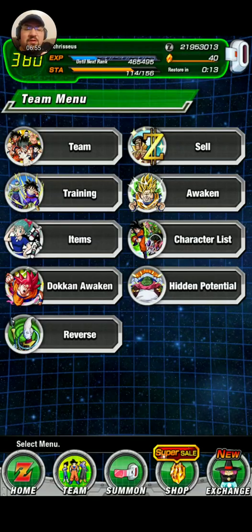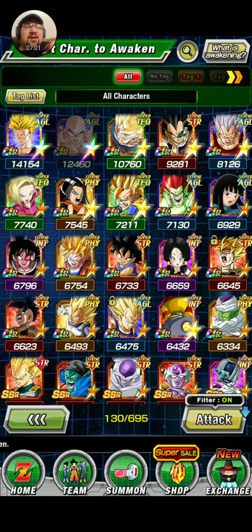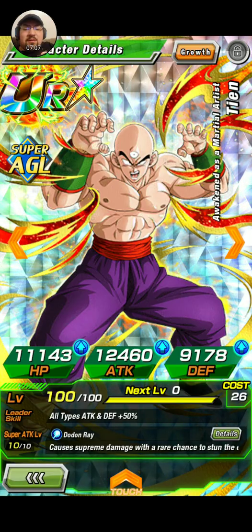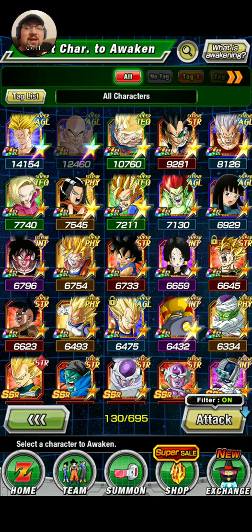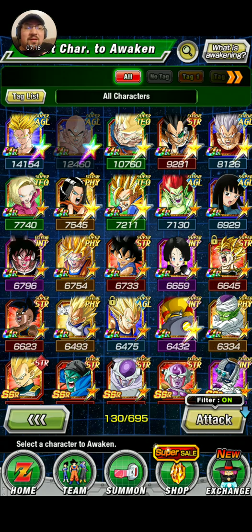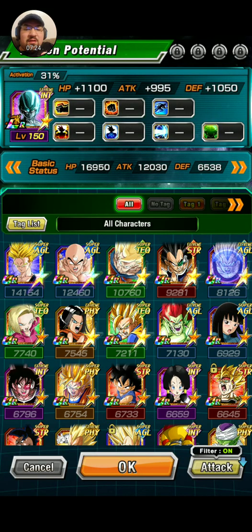He's a really strong unit, by the way. So here's all the characters. I'm keeping him down because the free-to-play Tien you get, you can actually farm him to farm this dude's super attack level up. And I'm also keeping him down so that when I do more world tournaments and get more of his cards, I can go ahead and slap him in the hidden potential spot for him,